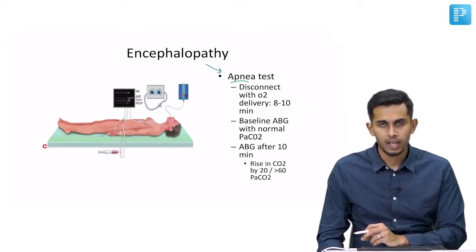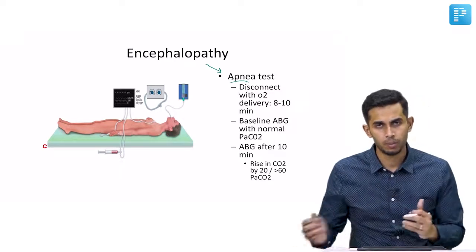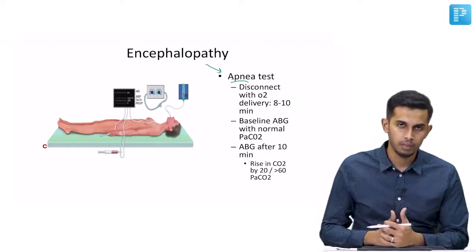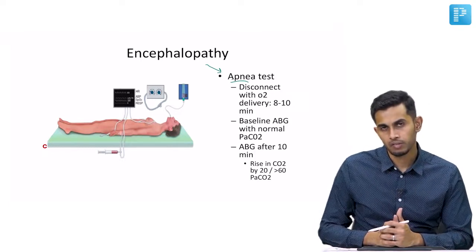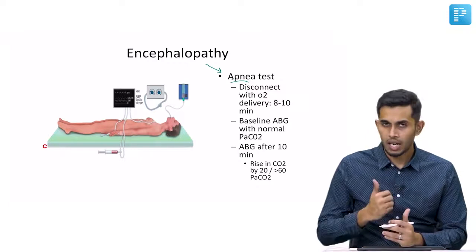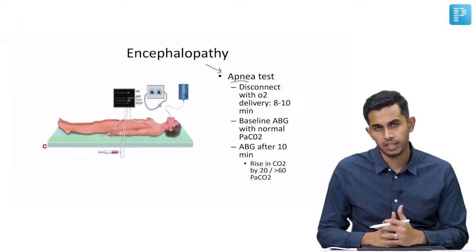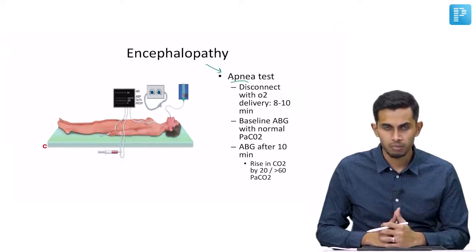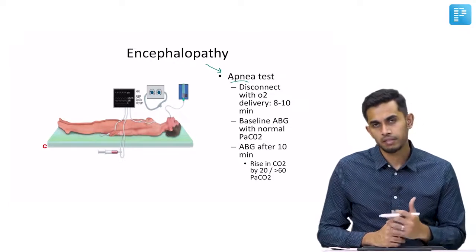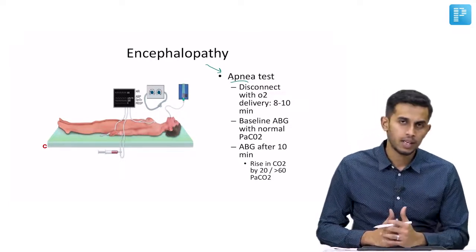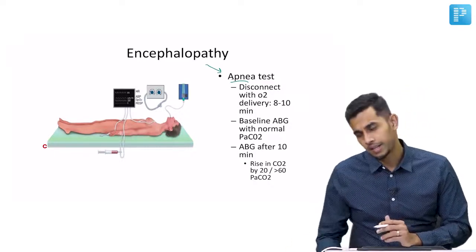Okay, in the carina, and this is given for around 8 to 10 minutes. During these 8 to 10 minutes, we look for any amount of breathing effort, and also we look for any motor response. After 8 to 10 minutes, if there is no breathing response, no chest movement, or no motor movement, then we continue the test, and at around 10 minutes we draw another ABG, another arterial blood gas